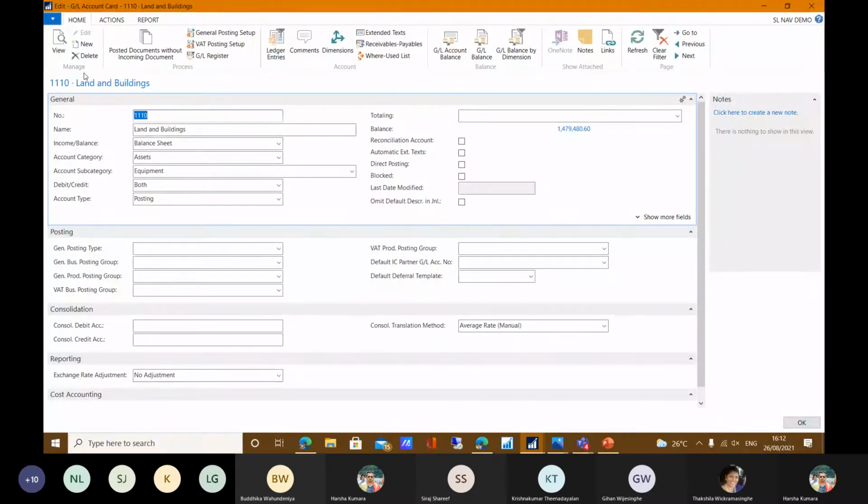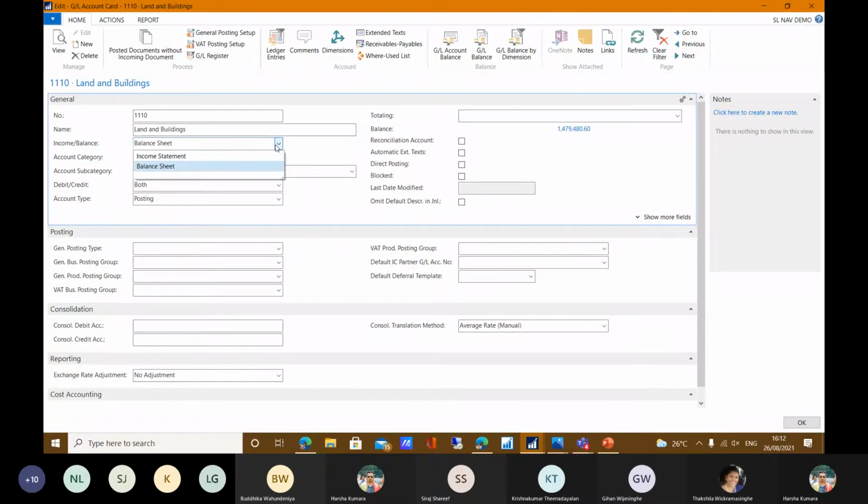And also in every chart of accounts, you have to assign the name. With the name, you can simply filter and navigate your data using your account card name. And also there are some options in income and balance. There is a category called income and balance that you also have to assign. This is a mandatory field. When you create a chart of accounts, you have to assign whether that account card is related to the balance sheet or the income statement.